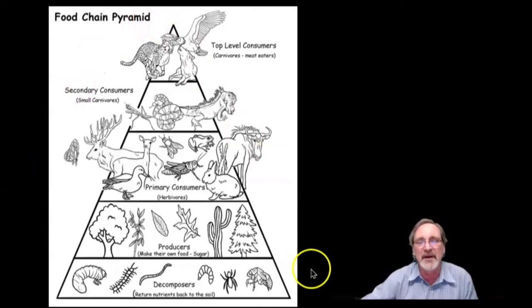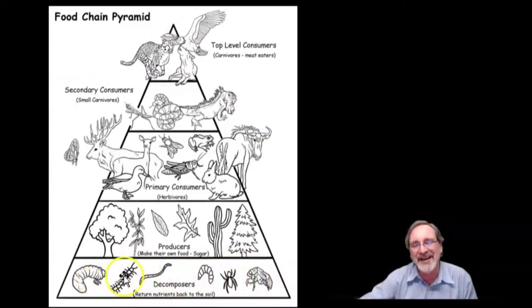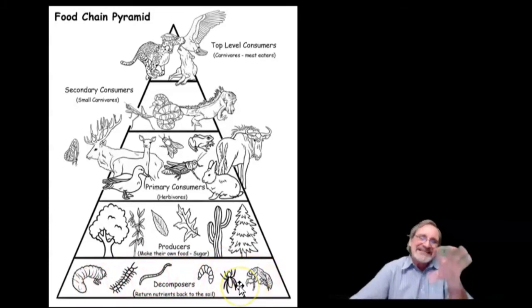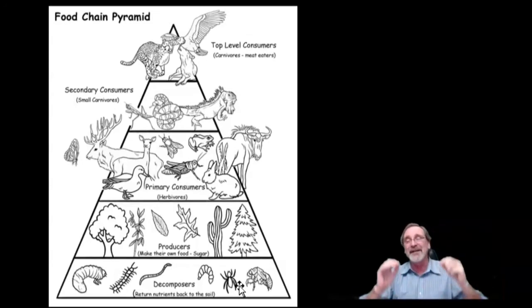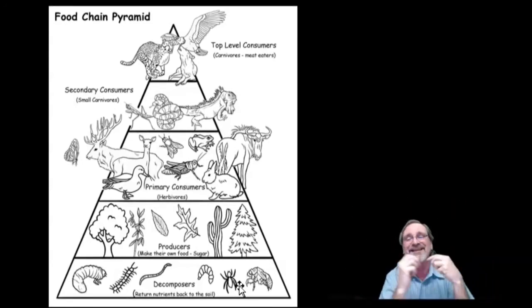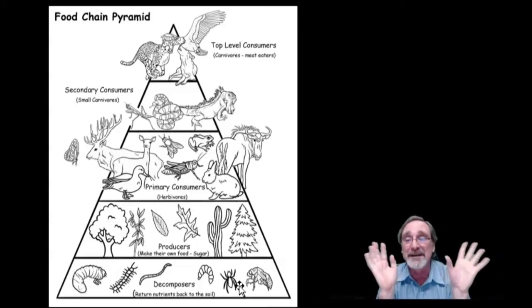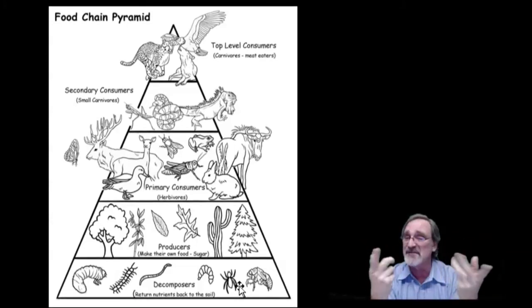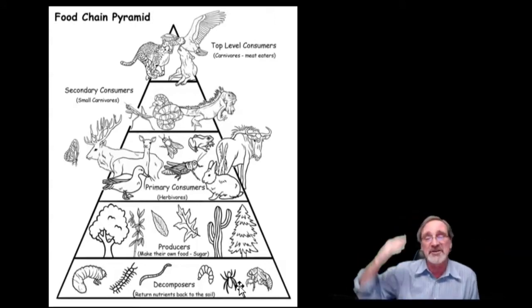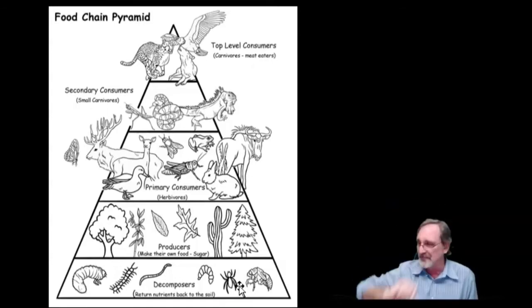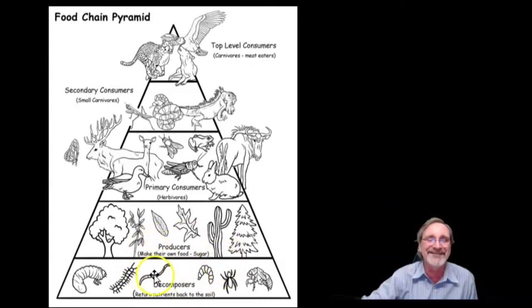So the food chain pyramid here, I like this diagram. Now this one I wanted to show you too, how it shows decomposers on the bottom. Decomposers are super important, and I hate to leave them out. But if you're talking about the flow of energy, decomposers recycle the energy. They don't recycle the energy, sorry. They recycle the material stuff, the nutrients, like the phosphorus and the nitrogen and the calcium and stuff like that. The energy comes from the sun and flows up the pyramid. So technically it should start from the producers on the bottom.